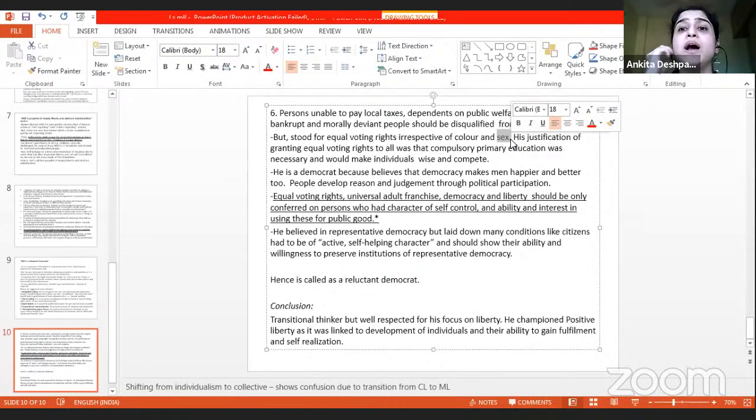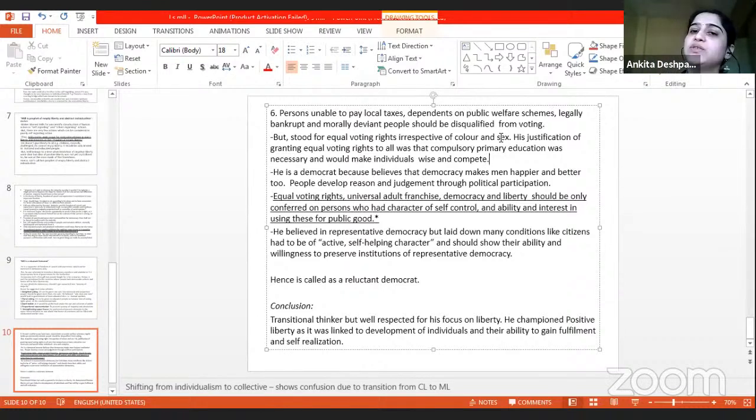Second, equal opportunities in employment and education have to be given to women. They also should be given the right to develop themselves, to participate in politics if they want to. Don't just limit them to child rearing and childbearing practices. So his contribution is that he believed women also need to be treated equal to men. They should be given equal voting rights, equality of opportunities in education,